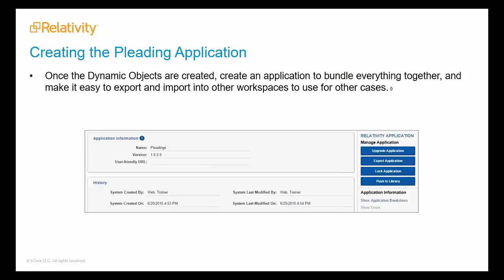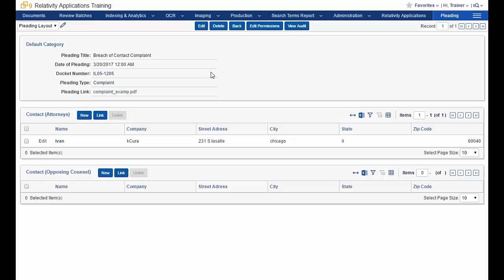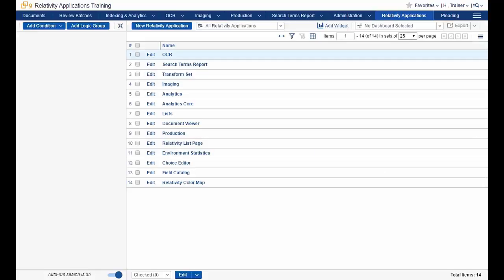We typically recommend building custom applications to manage tasks and information to support large-scale review and provide a platform for the review of structured data. Let's create the pleading application. Back in Relativity, to create an application from all of these dynamic objects that we built, we'll need to navigate to the Relativity Application tab. So go to Relativity Applications,